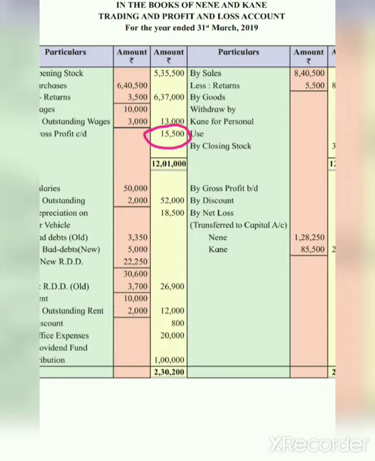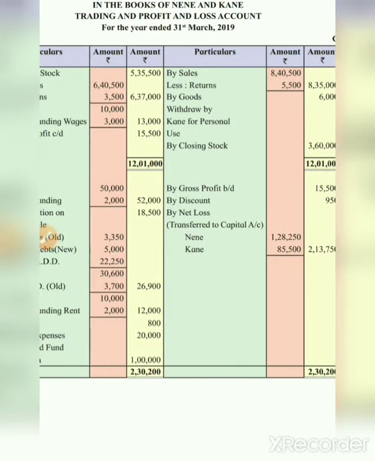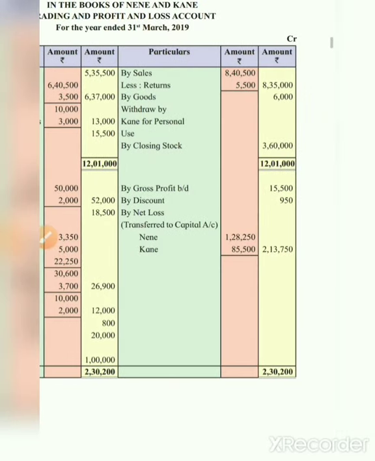Then this gross profit is brought forward to the credit side of profit and loss account. At last, do the total of profit and loss account now. Compare both these sides. If we compare, we may observe that the debit side of profit and loss account is greater now. So write the total of the debit side on both sides. That is 2,30,200, the total of profit and loss account debit side. Deduct the total of credit side, that is 16,450. The remaining amount will be our net loss, because here the indirect expenses are more than indirect incomes. 2,13,750 is our net loss.